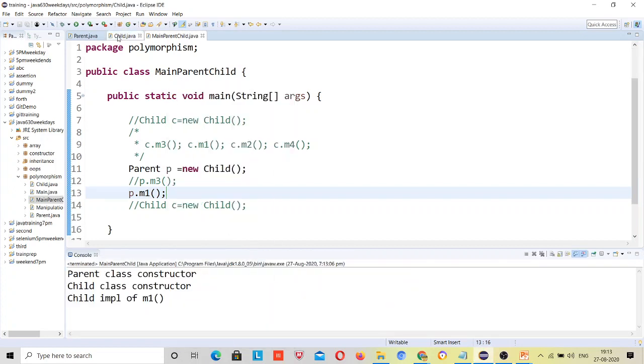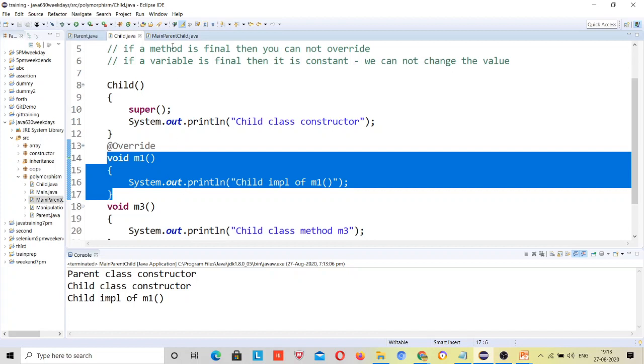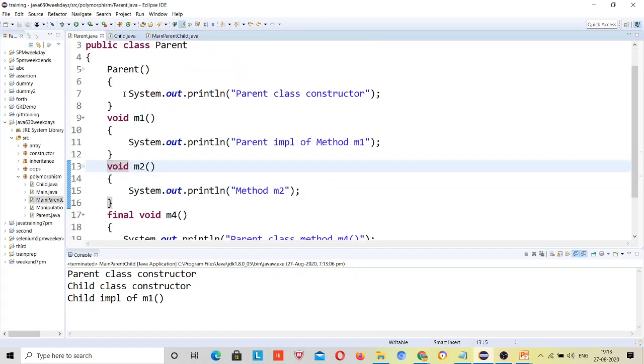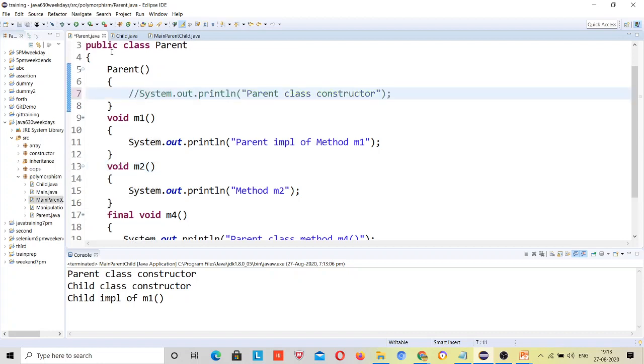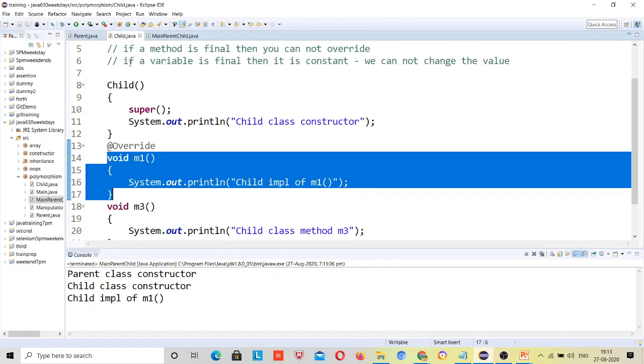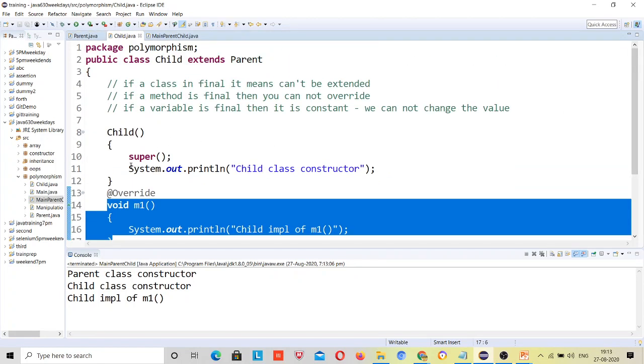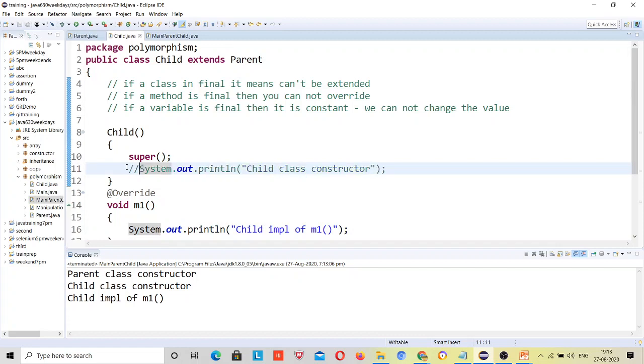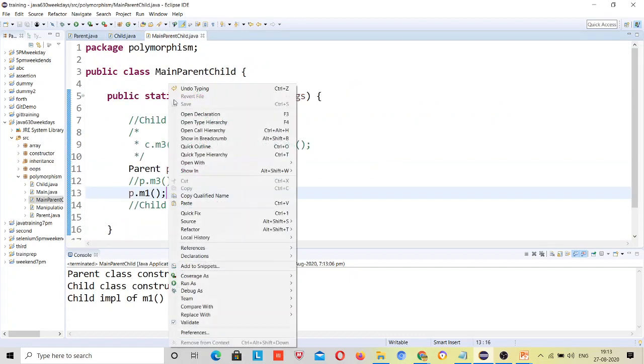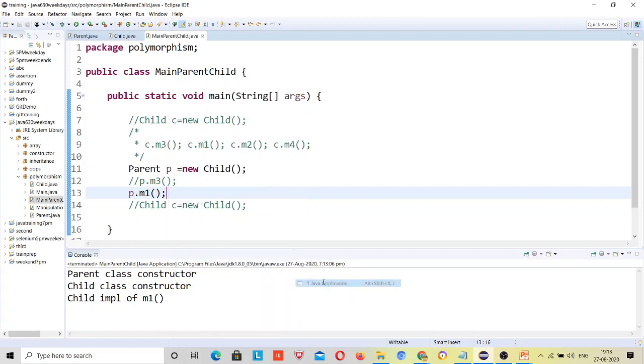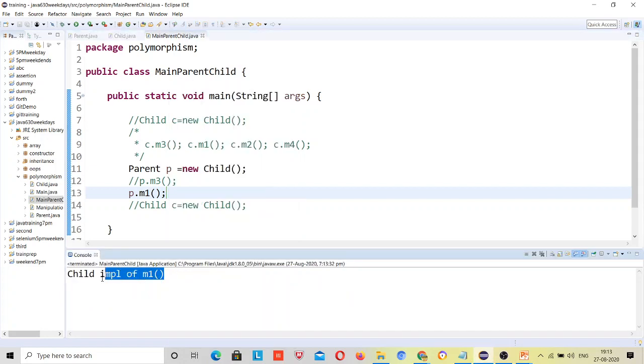Let's not call other methods. Let's comment the constructor message, so it will be clear to understand. Then one liner of response. Child class, child implementation of m1.